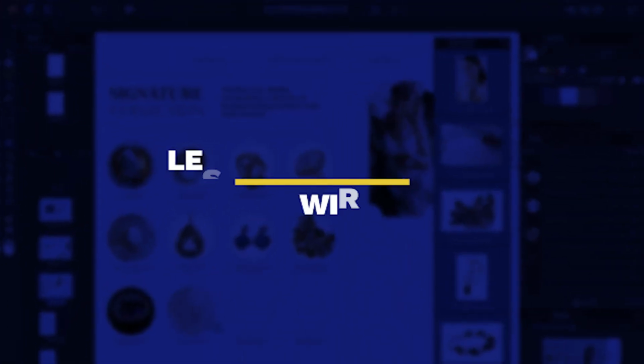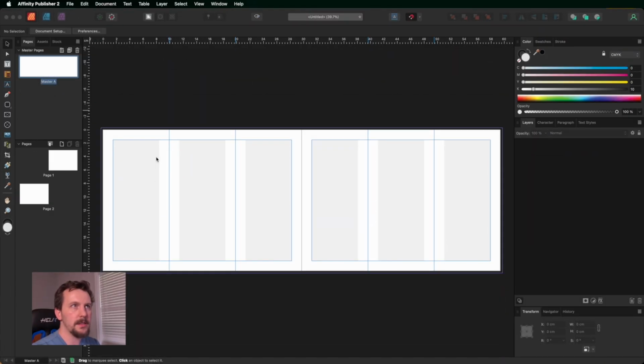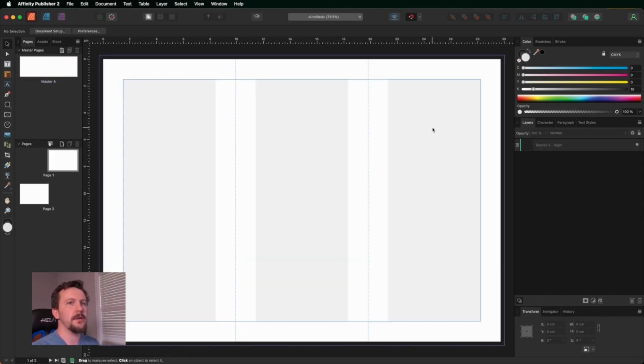All right, now that we've got our guides, we're going to set up a wireframe. After that, we'll add some graphics. And finally, we'll add some detail to the entire thing. Let's switch back to page 1, and we'll start with what will ultimately be the front page of this trifold once it's all printed and folded up. That's going to be the right column on page 1. The back will be this middle column on page 1. There'll be this kind of interior page